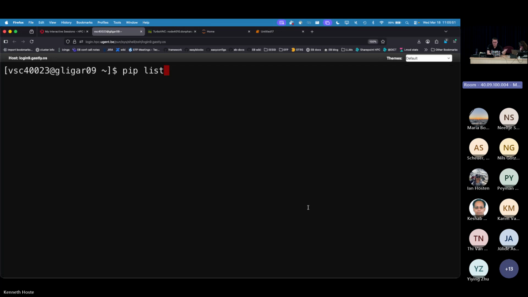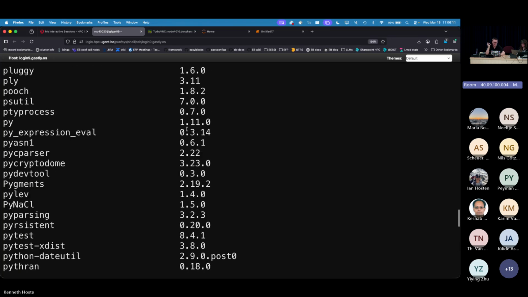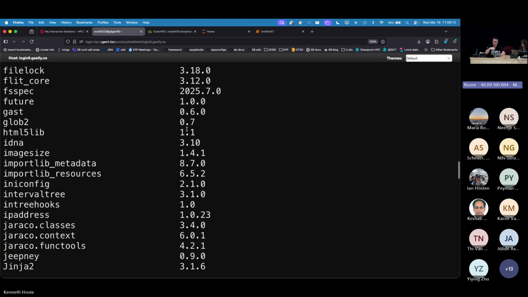If you load, let's say, a scipy bundle module, you can check with pip list what it already provides. And this will already be a pretty long list. It's not that you're only getting NumPy, you're getting a whole bunch of other things as well. So this takes a while while it figures. On the login nodes, this can be quite slow. But if you do it in an interactive job on Donphan, for example, this will be a bit quicker. But you can see these are all Python packages that are already available out of the box